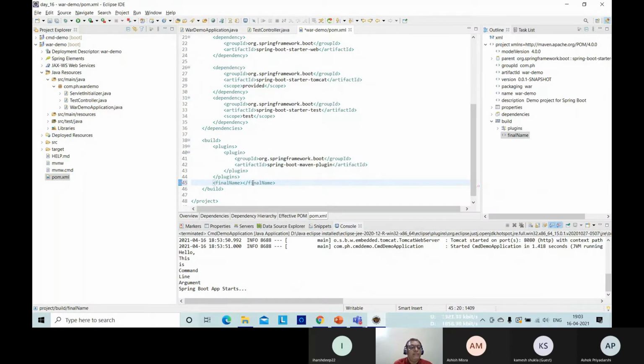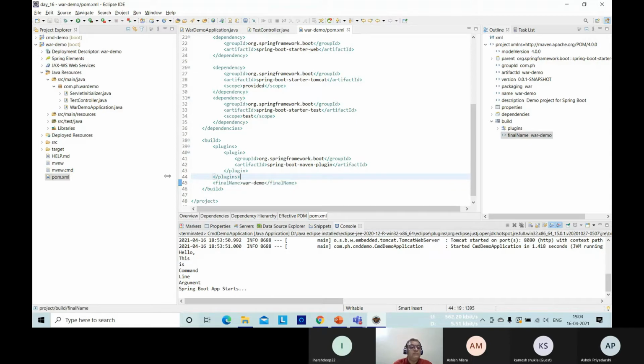So the final name is the name we want for the jar or war file, whichever gets created, and that name we have to supply. Let's say I am giving war demo, the same name, let me give war-demo so that we will not have any confusion. Okay, let me save.